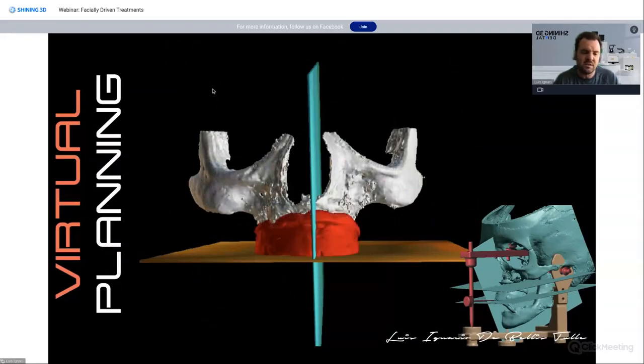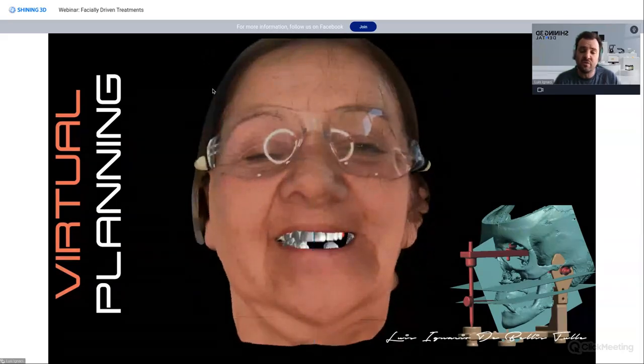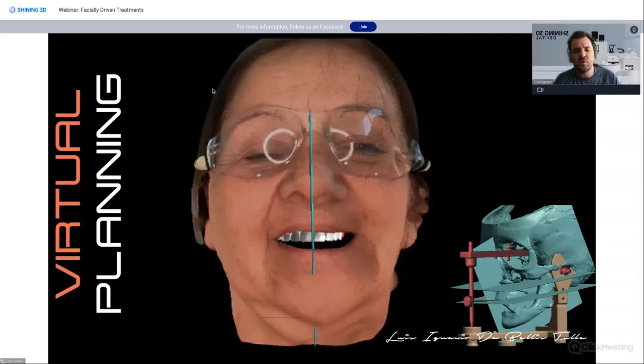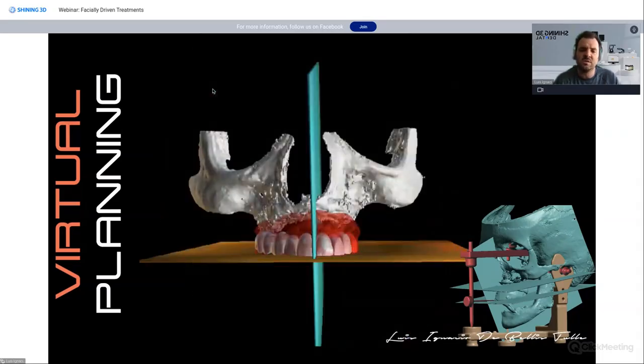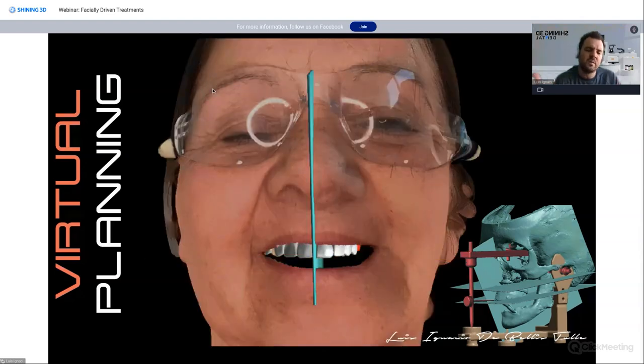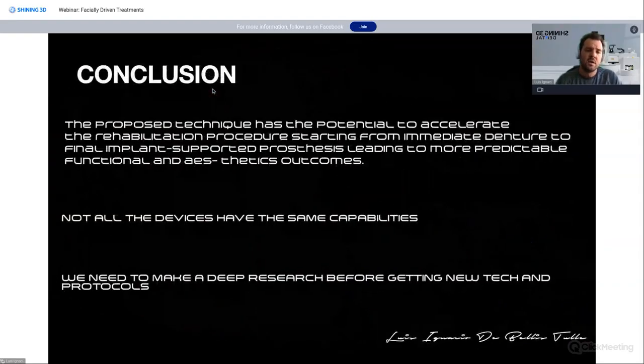I think that that's a very, very valuable thing when we come into these kinds of technologies, because it's going to be a big time saver for you and patients. You're going to have the ability to rectify, change things, then you can 3D print, try that. And if you have a good protocol and you're clear with what you are doing, believe me, it's going to be a game changer in your daily practice. So to conclude,